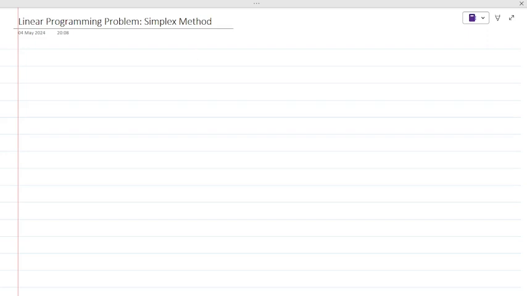I am Mayur Gohil. I shall be dealing today with what is a general linear programming problem and how it is to be dealt with. So let me help you out what is a linear programming problem in general. A linear programming problem, in short, is written as LPP, and in general is given as